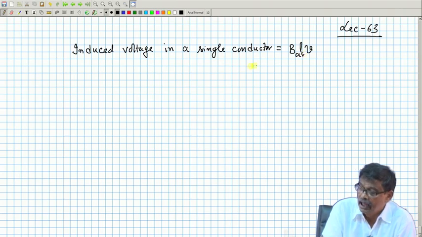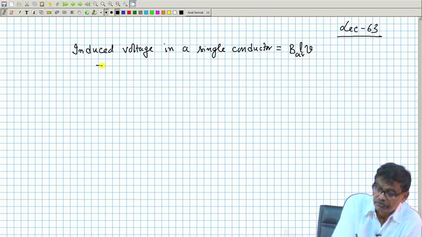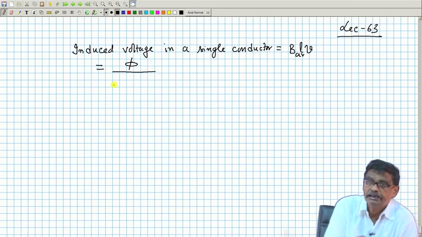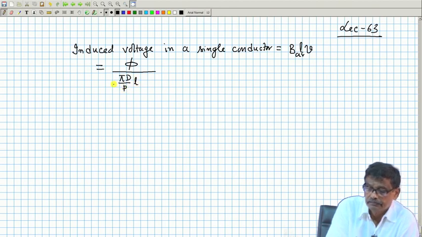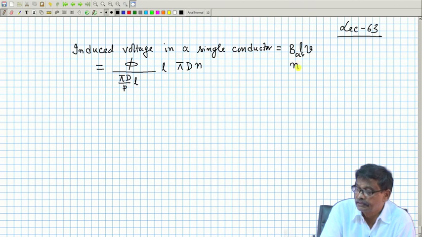And this B average I found out to be flux per pole phi divided by the area over which this flux per pole will enter into the rotor, and that is equal to pi d by p into L. This is the area. I got B average, L is L and velocity is pi d n, where n is in RPS,